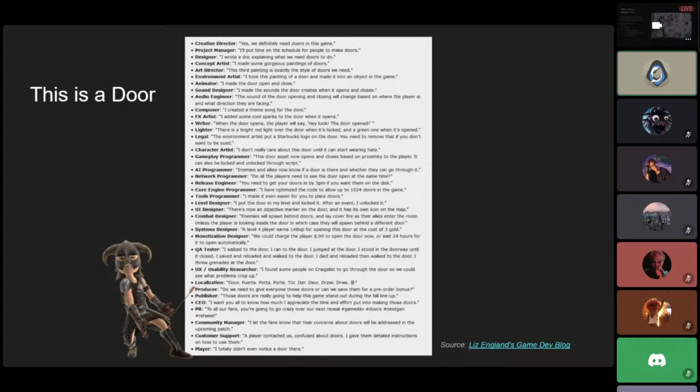And I think this is part of the fun of game development, but it also gives you insight into how many people are required to make a game, especially a large game. You need people to hire the people to make the door. You need somebody to manage the finances, making sure all the people hired to make the door are getting paid on time. You need community management. Customers will be like, well, why did you work on doors when we could have added new guns? And you've got to have somebody to interface with them and provide a segue between user desires and developer needs.